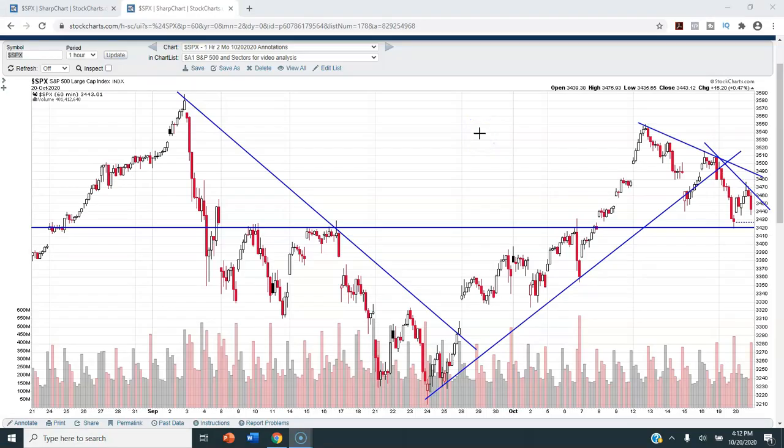The next chart that we're going to look at is a 2-month, 1-hour candlestick chart of the S&P 500, and of course I have this annotated with some trend lines. The first thing I want to talk about is the fact that we peaked back on September 2nd, and you can see this downtrend that we were in, and that downtrend ended at the end of the day on September 25th. And I talked about that in the video that I produced on the 25th,